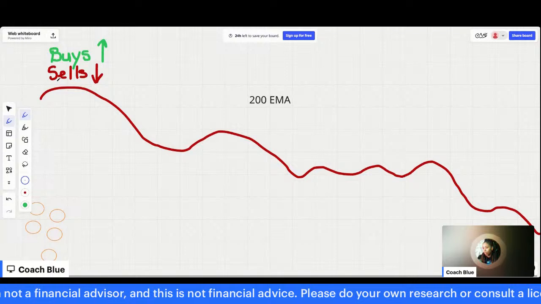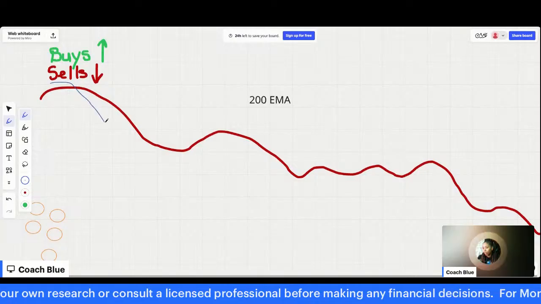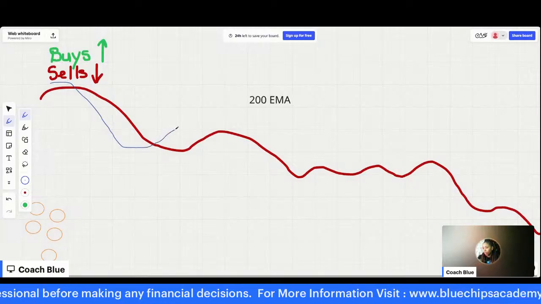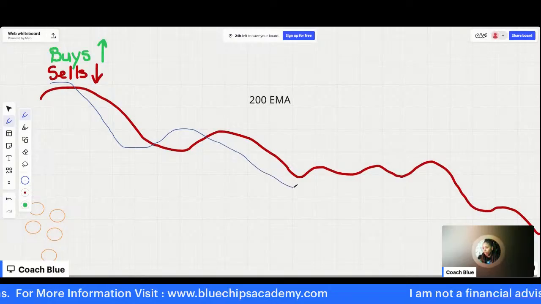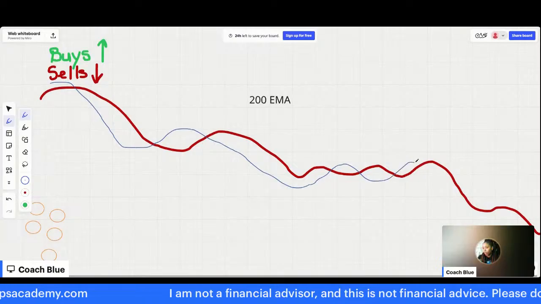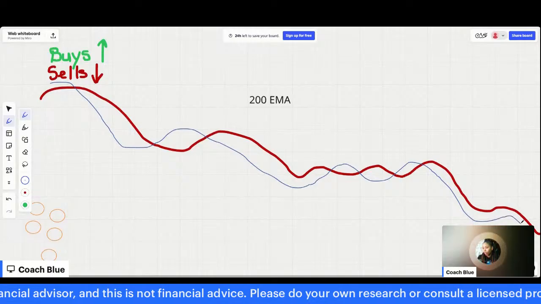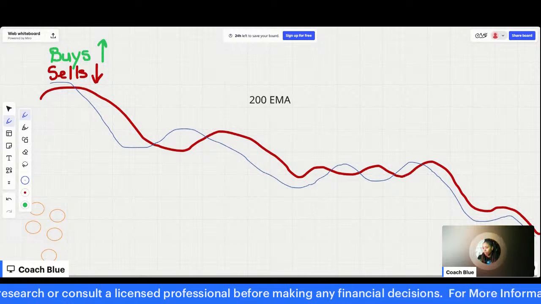So now let's look at our crossover here. All right, so we have the blue line crossing over. And then we get a nice push to the downside. Come back up. Then we get another crossover to the downside. The 200 stays beneath there. And then we get a couple of crossovers here. Then we got a nice push to the downside. And the 20 just stays under. So this is our 20 EMA, this blue line right here.